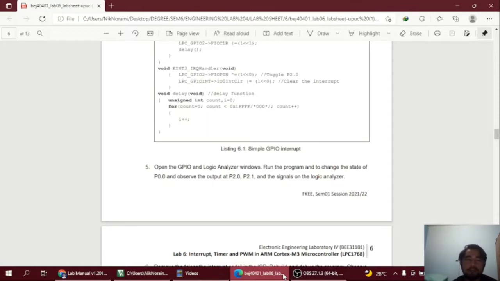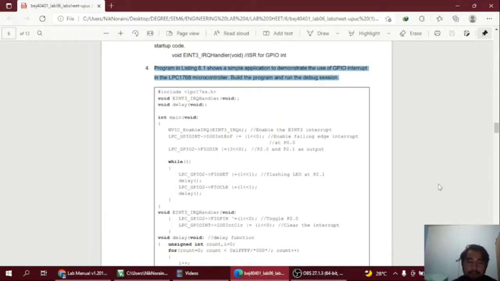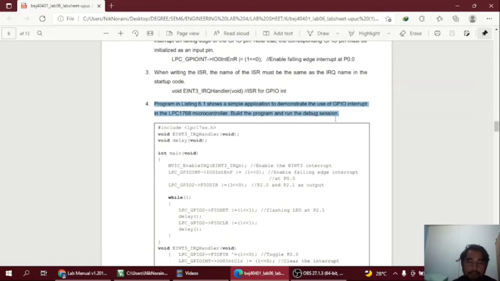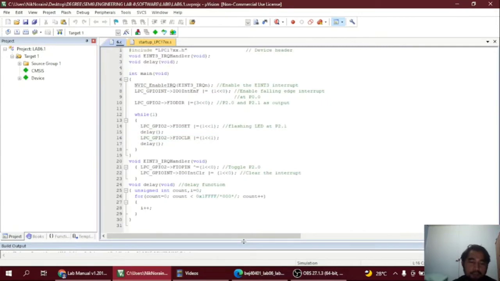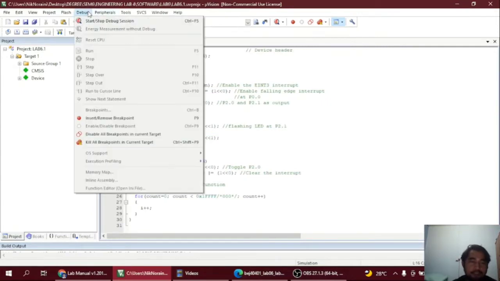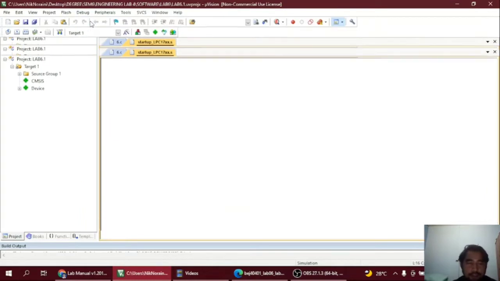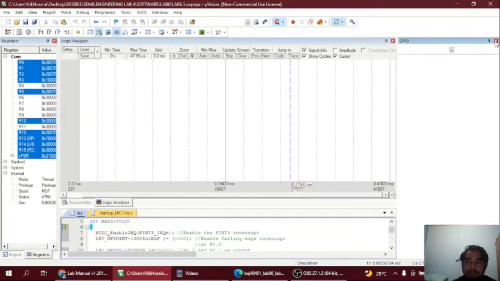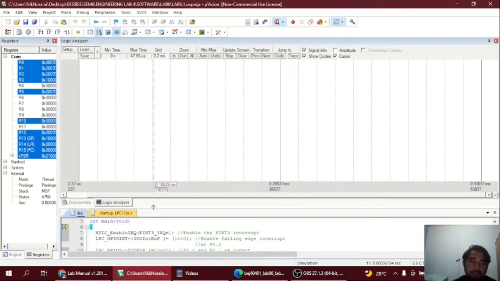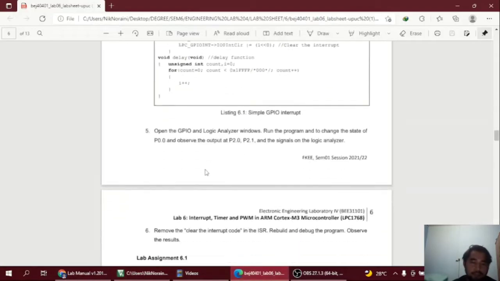Straight to the point, I will show the experiment of lab activity 6.1, where we are needed to build the program and run the debug session. I had built the program. Then we debug the session, start the session, and wait for a while until this layout appears. This is the logic analyzer that we need to